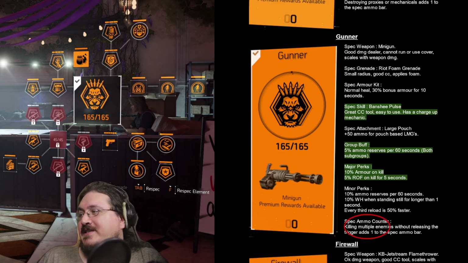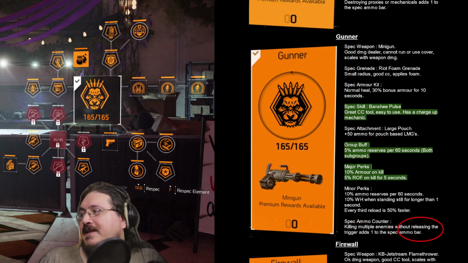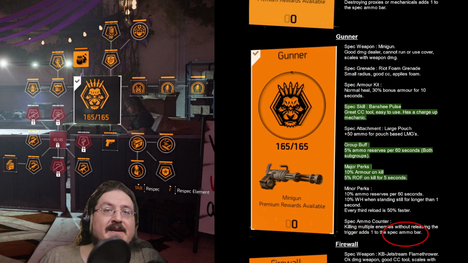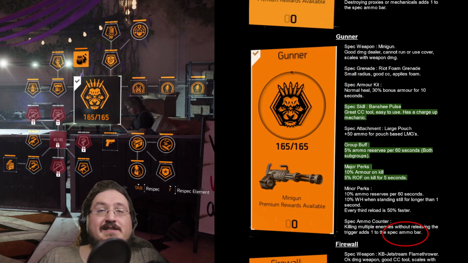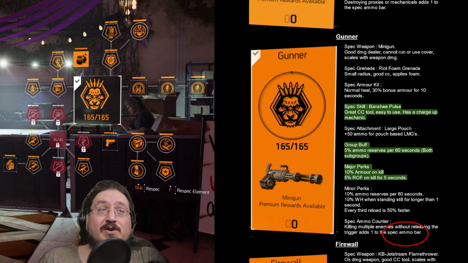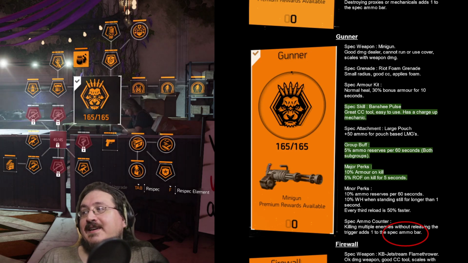Then we also have the specialization ammo counter, where killing multiple enemies without releasing the trigger adds 1 to the spec ammo counter. This just means holding down the trigger and going from enemy to enemy. This is an acquired trait, you have to learn this. And of course, with higher difficulties, you kind of need